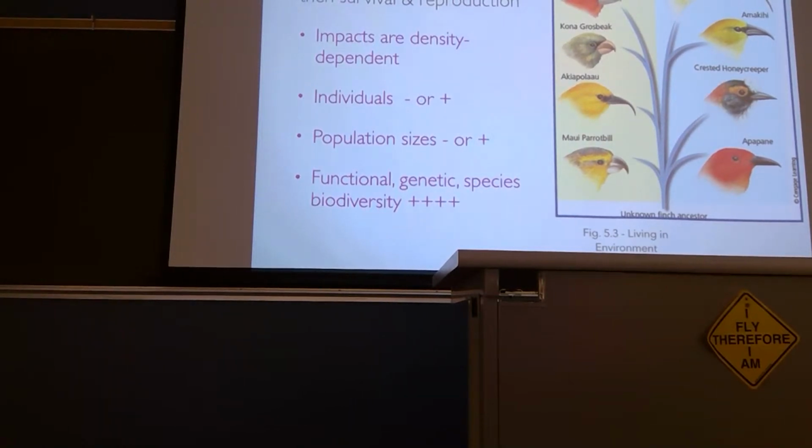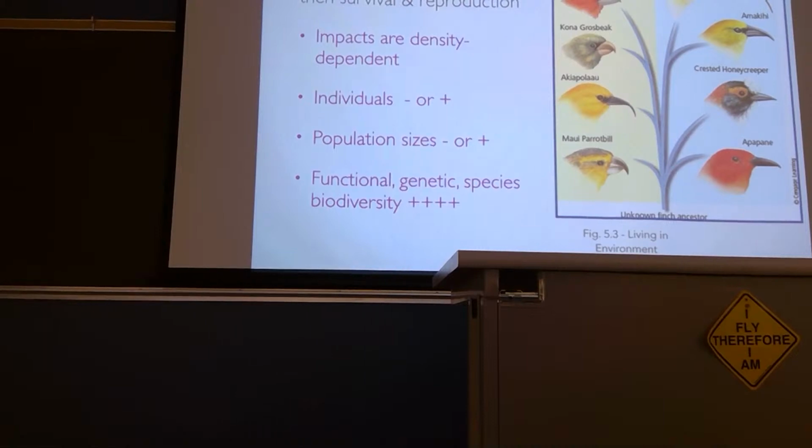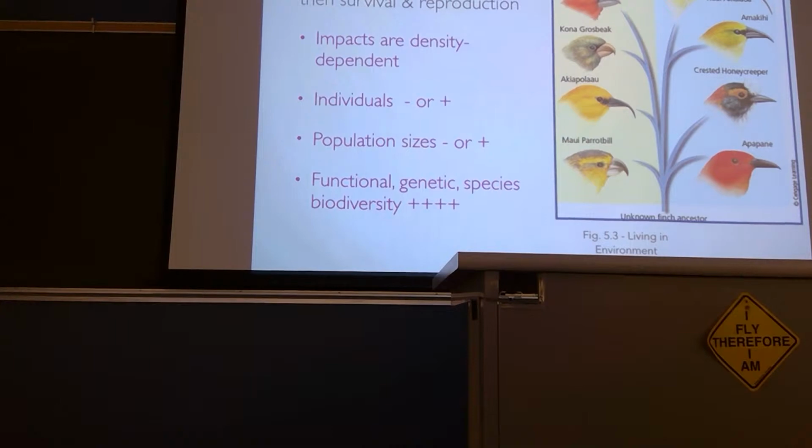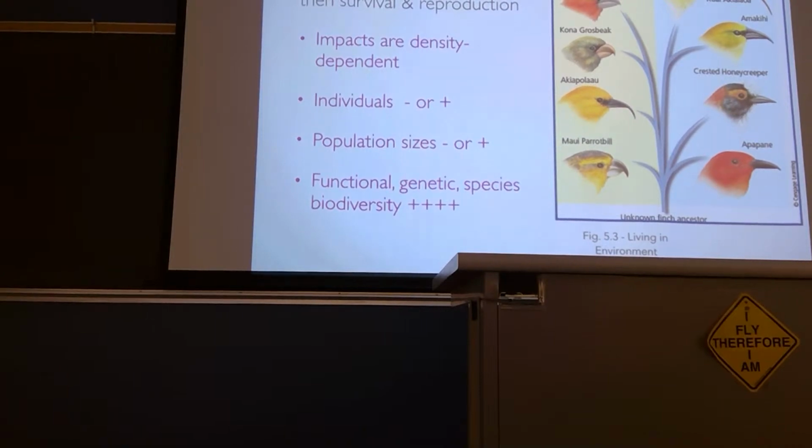When we think about functional, genetic, and species biodiversity, competition tends to be a huge winner, and competition promotes biodiversity. Competition, we're going to see, results in species adaptation and adaptive radiation. All these different types of birds that come from one kind of ancestor, that's due to competition causing them to specialize. That creates genetic diversity. That enforces species diversity, species barriers. It leads to greater functional diversity, greater numbers of roles that species accomplish within an ecosystem.